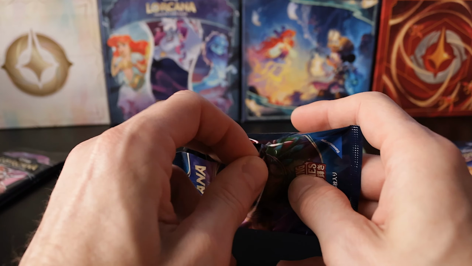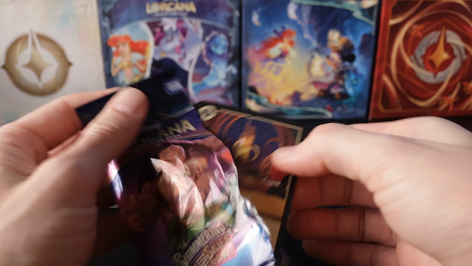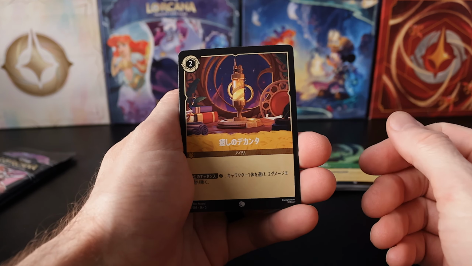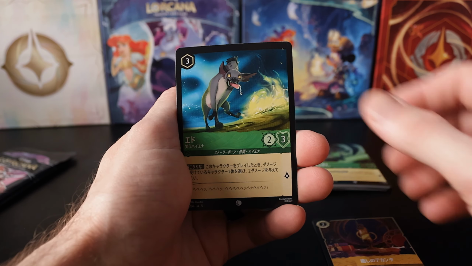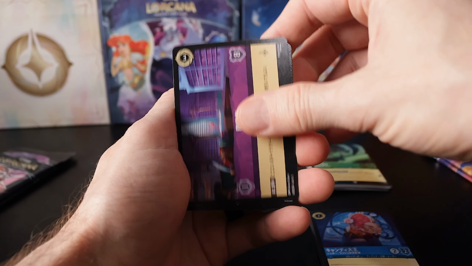So it can be a good strategy, if you want to open cards, buy packs, buy boxes, whatever you want to do to open cards, to just make sure that you're tracking your stuff, because tracking your cards will help you keep track of current trends and what is in meta, what is out of meta,